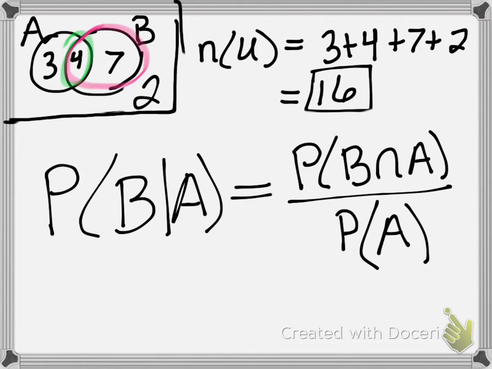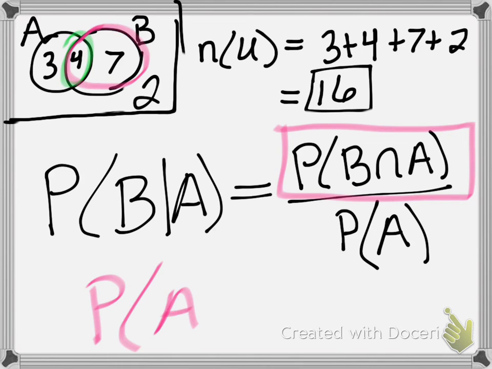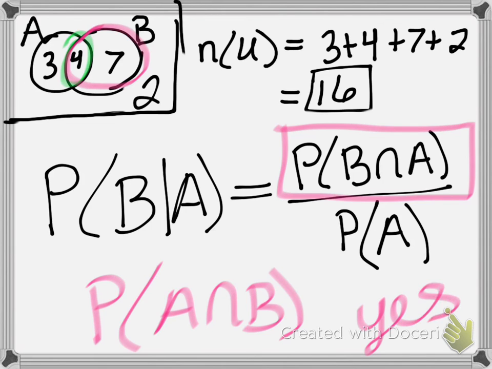So it actually is going to be a different number than the one before, but it follows the same process. Now, kind of question, is this probability the same thing as A and B? Yes, it is. So it doesn't matter which one's first, with union or intersection,